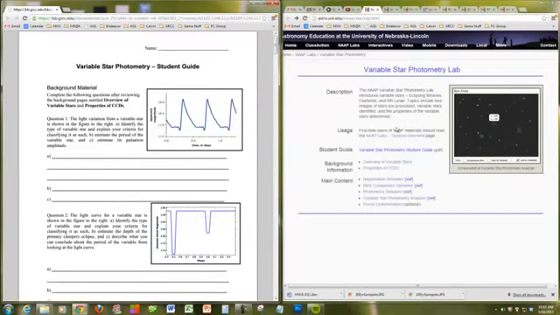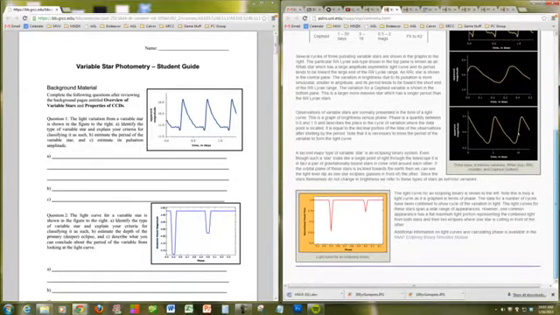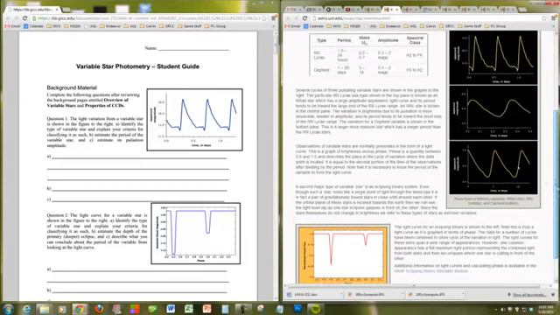So you'll start with a little bit of background reading, and the first thing you'll read about is how there are different kinds of variable stars. In particular, there are variable stars that are just single stars that actually pulsate and vary in brightness. And then there are also variable stars, what we call eclipsing binaries down here, which are actually 2 stars that orbit each other and briefly eclipse one another. And their light curve, that is how the brightness changes with time, looks very different,